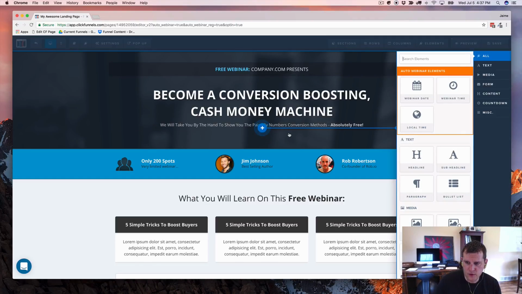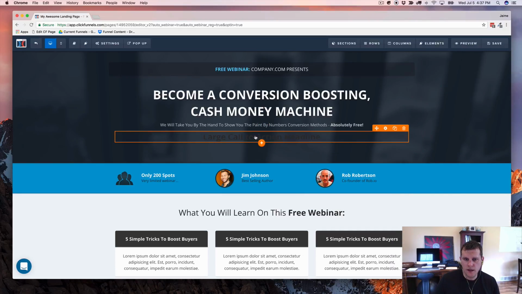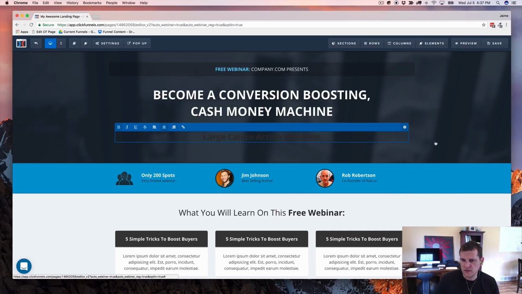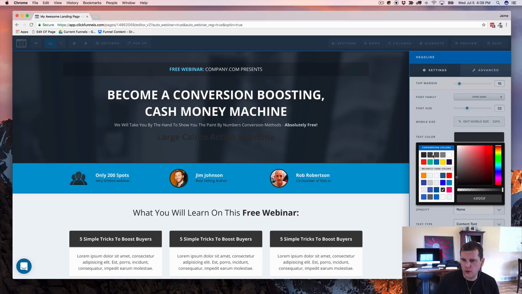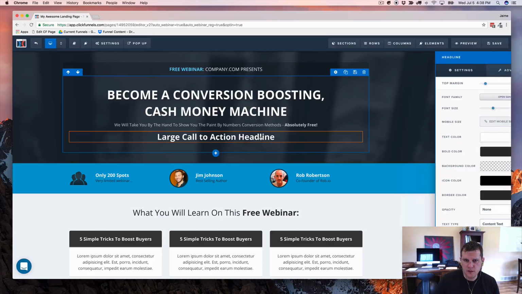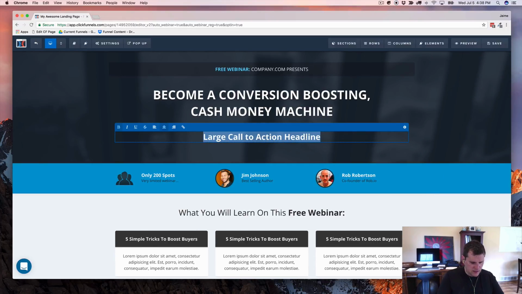If we click and add new element, and we're just going to add a headline, and I'm going to set the text to white since it's on this dark background. We'll go ahead and grab that, set it to white, and then we can say next web class at. And then to prepare us for the script when it's installed, we're going to actually set this, instead